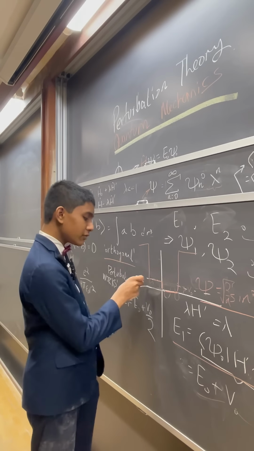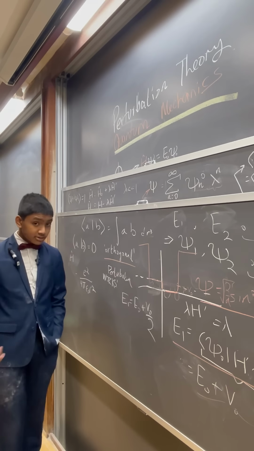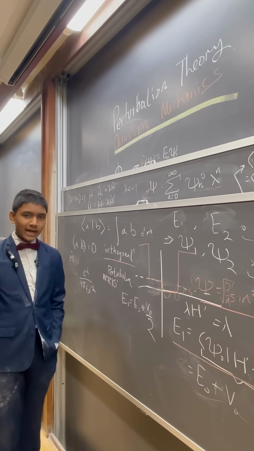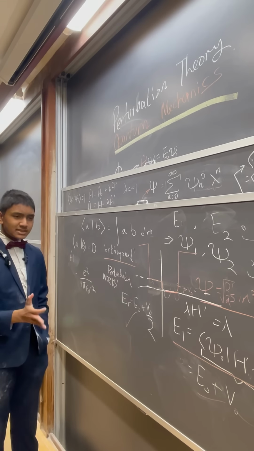On the other hand, if we only raise half, like this, then we get E naught plus V naught over 2, which is not correct, as you can probably guess, but it is a valid first order approximation. So as you can see, perturbation